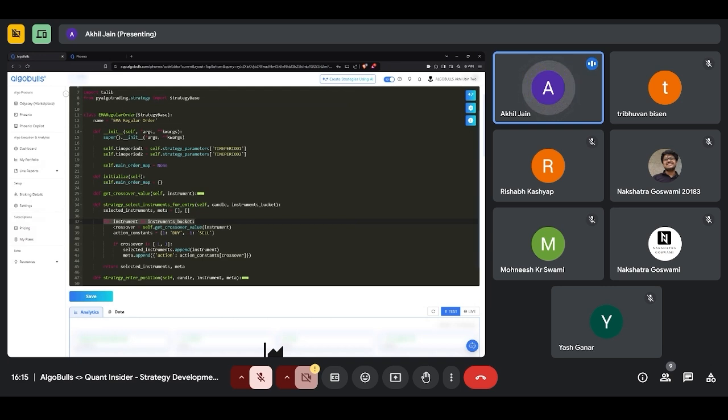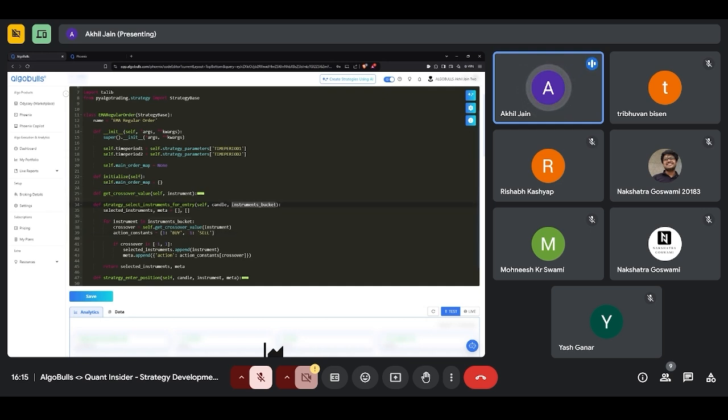So I'll repeat again. The init is used for accepting parameters and for mentioning my variables. The initialize is used for cleanup because if you run it for 5 days, 10 days, then we want to clean up at the start of every day. And then there are four methods, two for entries, two for exits. We are talking about the first one right now, which is about selecting the instruments, whichever I want for entry. The entry could be a buy or a sell. So we can decide based on that.